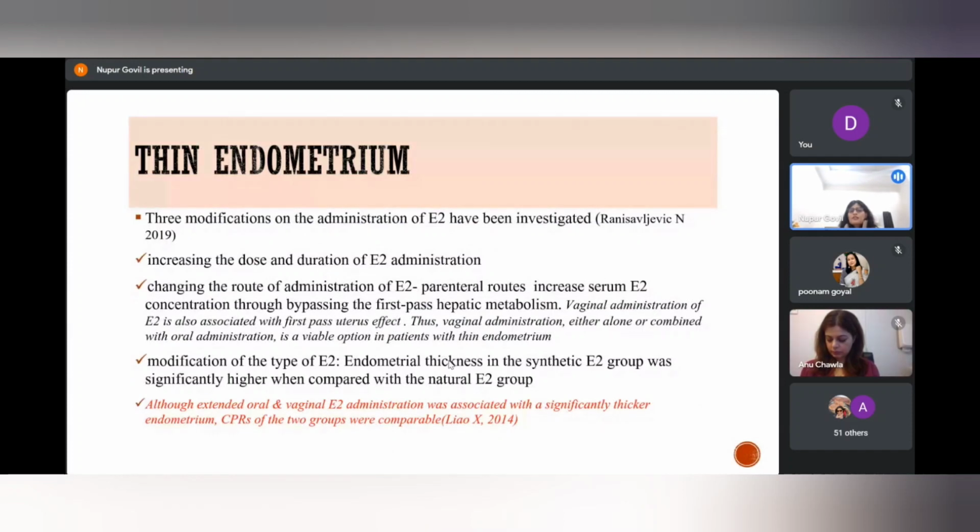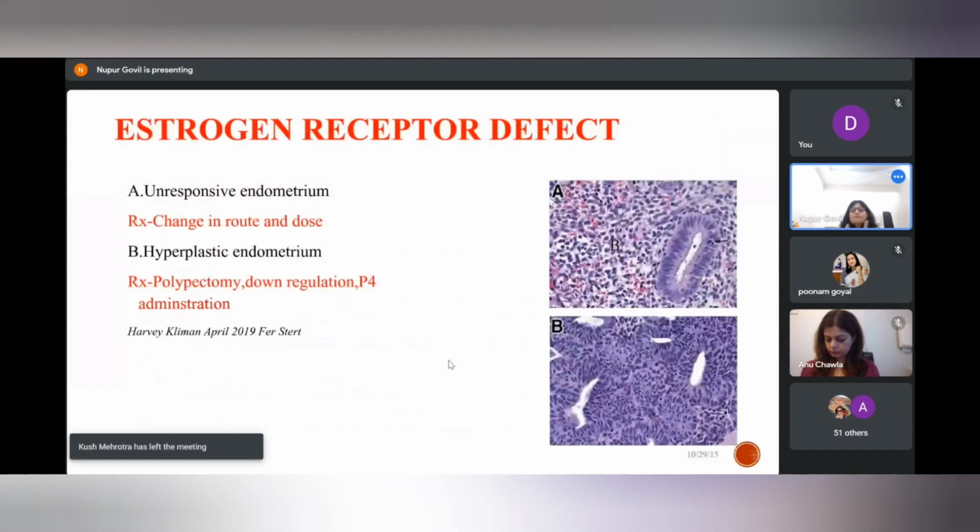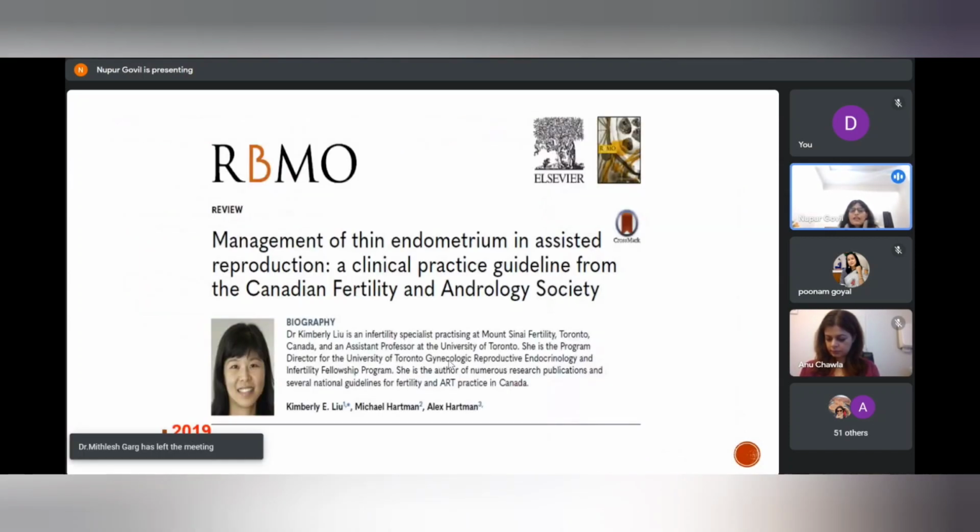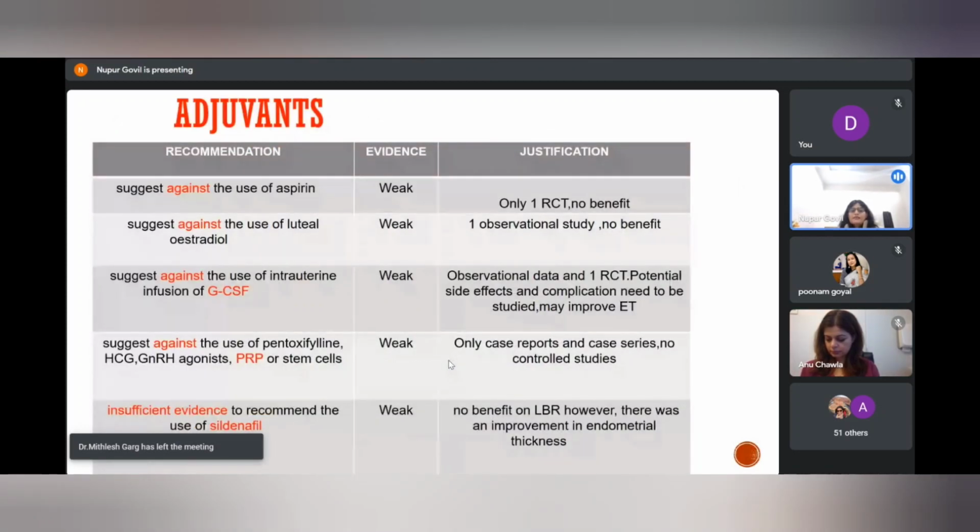Thin endometrium, three ways we can approach it: by increasing the dose, duration, or changing the route. Vaginal route has been found to have uterine first pass effect, and we can increase the estrogen concentration reaching the uterus. It has been found that synthetic estrogen gives rise to thicker endometrium. In estrogen receptor defect, if there is unresponsive endometrium, we can change the route and dose. In hyperplastic endometrium, down regulation prior to progesterone administration can help. This was an article on use of adjuvants, and they found there is no role of adjuvants in the management of